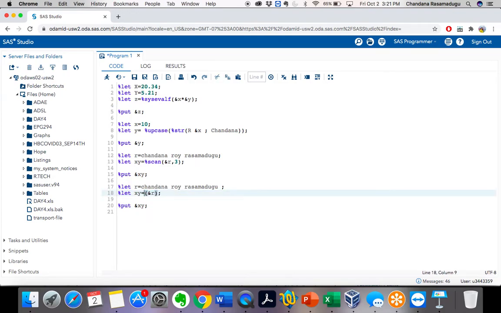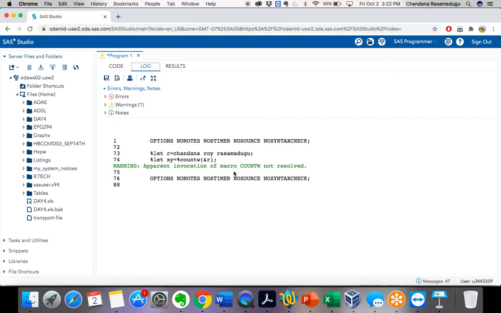Now I want to count how many words are present in this given string. How many words are present here? 1, 2, 3 words are present in this given string, right? So for that, in the normal SAS procedure, what is the function that we use? countw, right? If I use %countw, will it count the values in this r variable? Let's check it first.